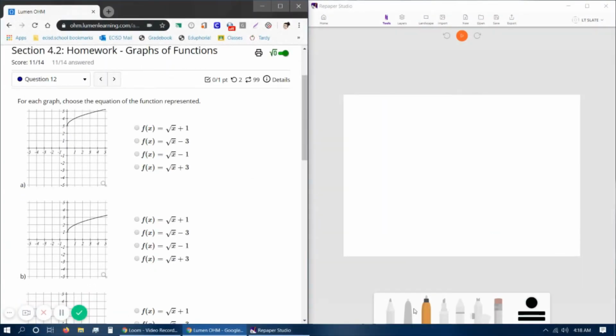Question 12 has functions in the form of f of x equals the square root of x plus c. Because here the constant is outside of the square root symbol, that means it will move the graph up or down from the parent function of f of x equals the square root of x. The parent function starts at 0, 0. This starting point is referred to as the vertex because it is the start of the curve. Since there isn't a number inside of the square root symbol, the constant is the same as the y-intercept. If, however, there's a number inside the square root symbol, it gets more complicated than that, but we'll deal with